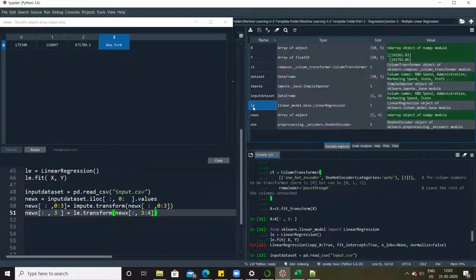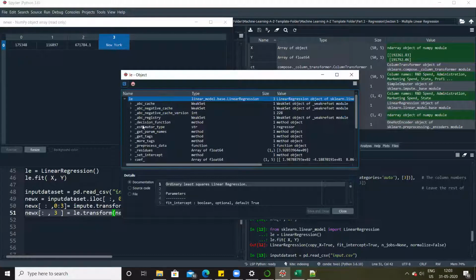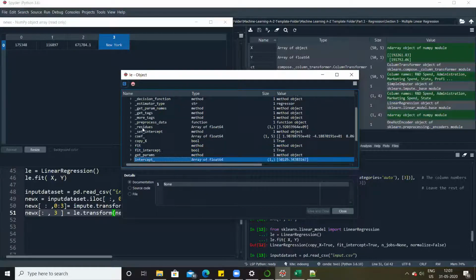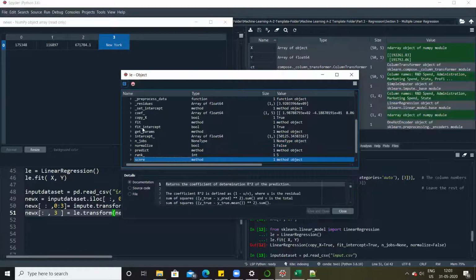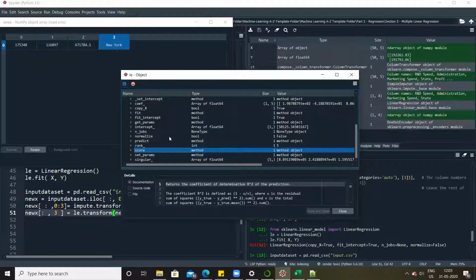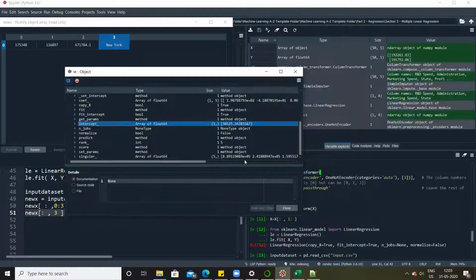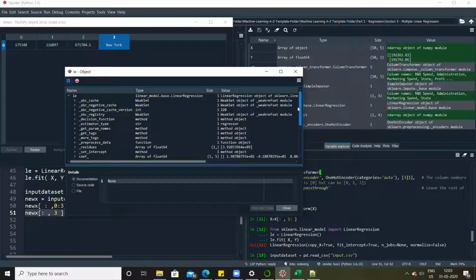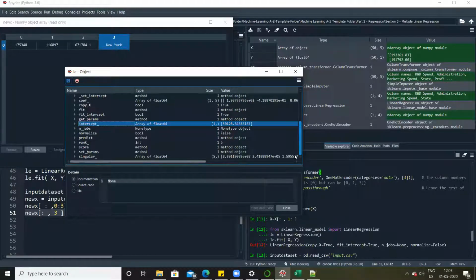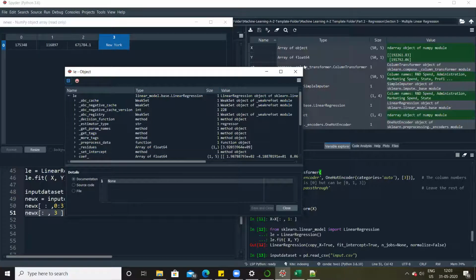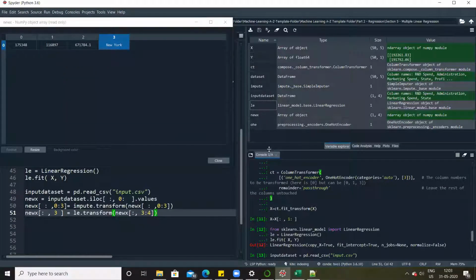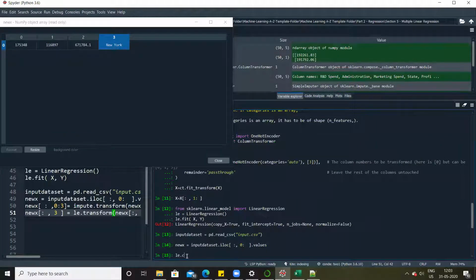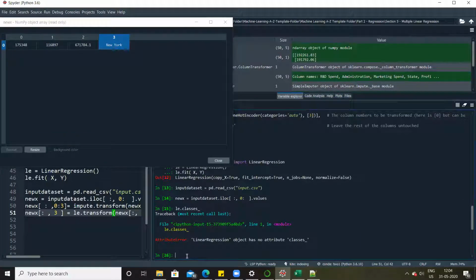One second. Where is the classes method? Okay, I'll directly type here. So in my IPython console, I'll say label encoder dot classes underscore.